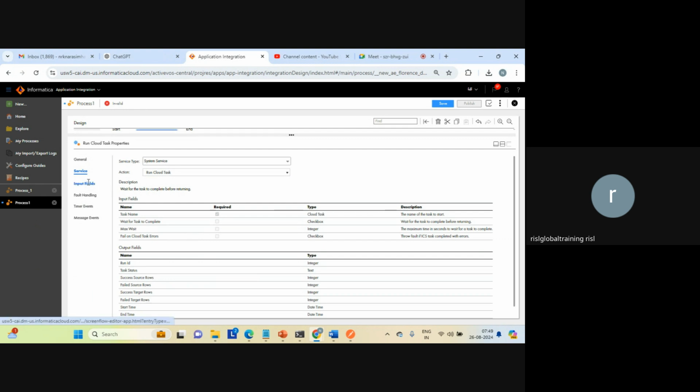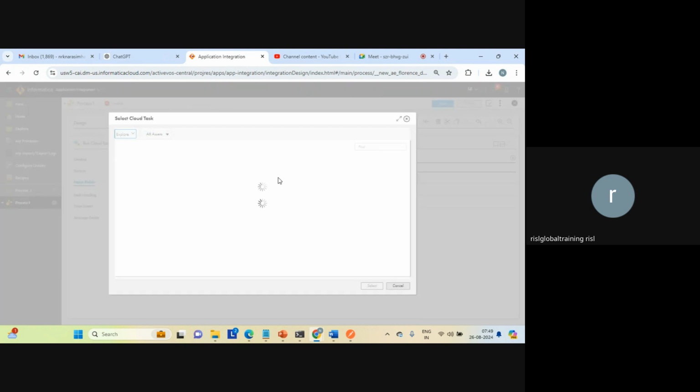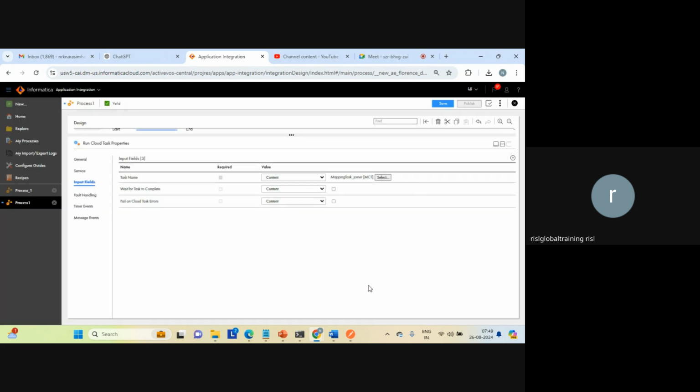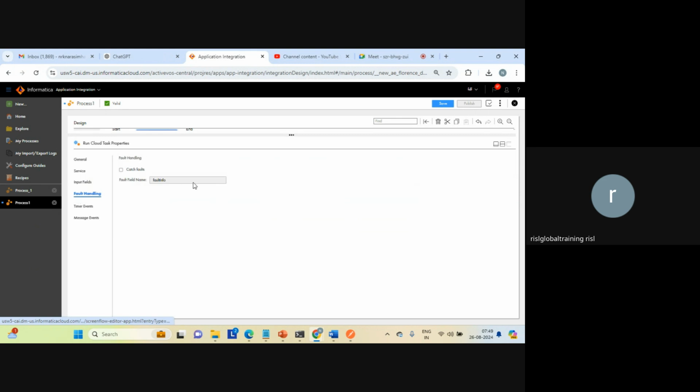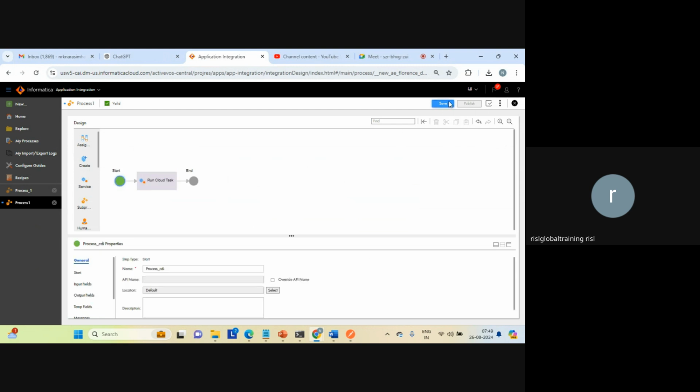Right. Now let us apply this task by clicking on select and select any task. You can select any other task flow or even an independent task. Then wait for task to complete and fail on task errors if you want. You can also enable that, and fault handling also you can configure if you want. Yeah, so that's it. Now let us save,